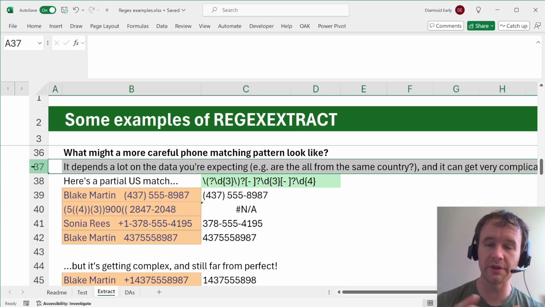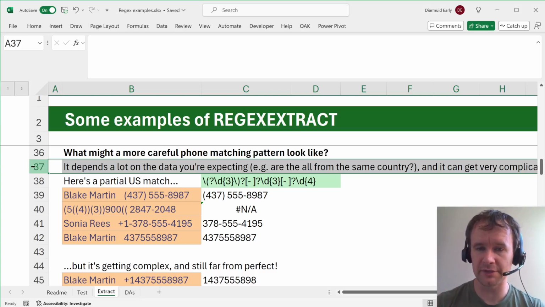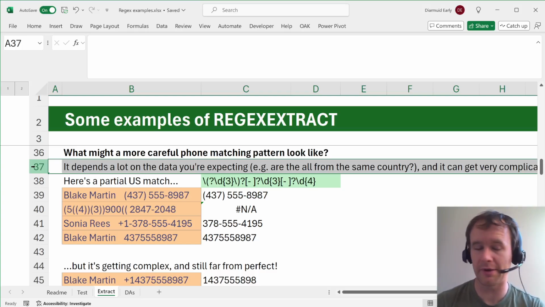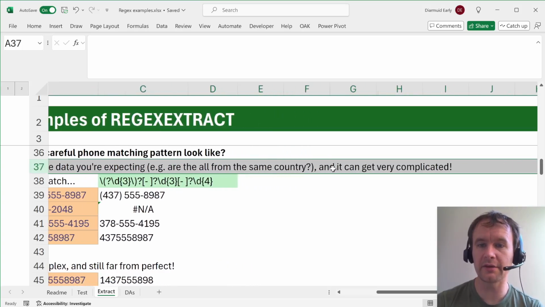Because phone numbers within one country typically follow a fairly restricted pattern. They're usually of the same length. There's usually an area code, which, well, actually even the area code, like in the US, they're all the same length, but in Ireland, where I grew up, they're not all the same length. Dublin is 01. Waterford, where I grew up, is 051. I think there are even some that get to 4 digits, but anyway, point is, they can look very different. It can get very complicated.